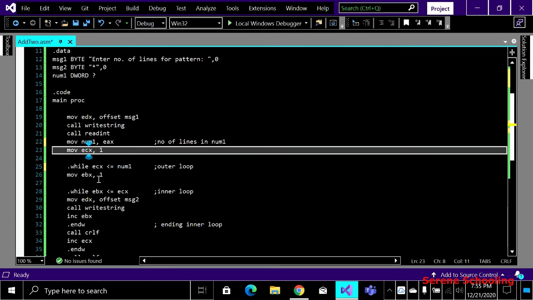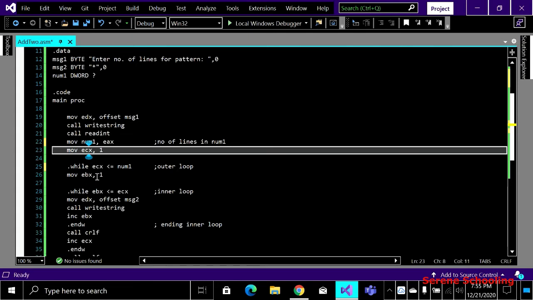Again, in the register that I'm using for columns, I'm moving one inside it. Why am I moving one inside it? You can see from the pattern again that for one row I need only one column. For the second row I need two columns.